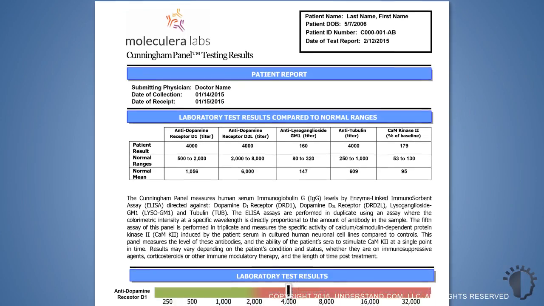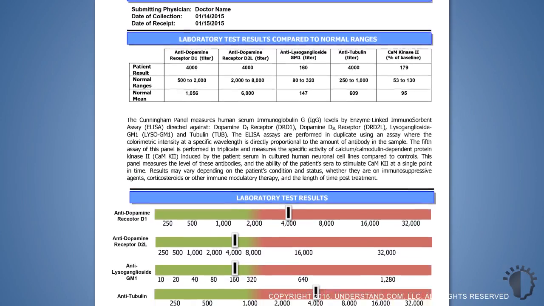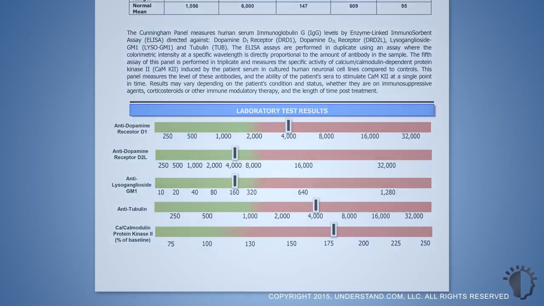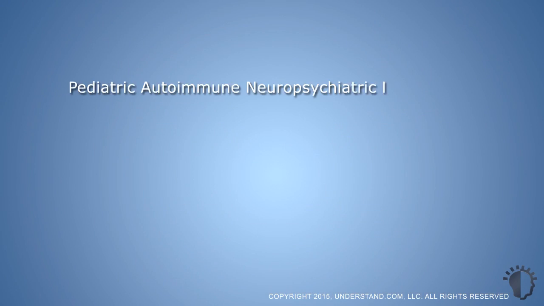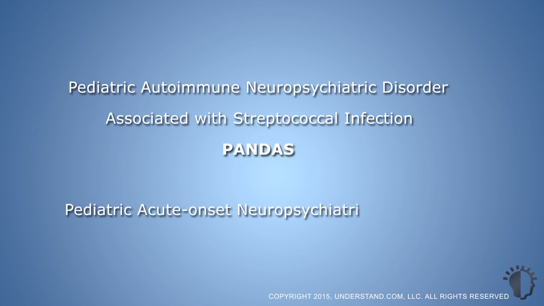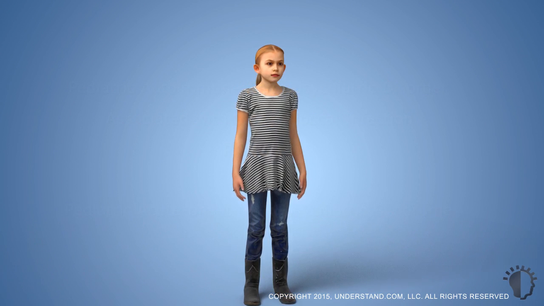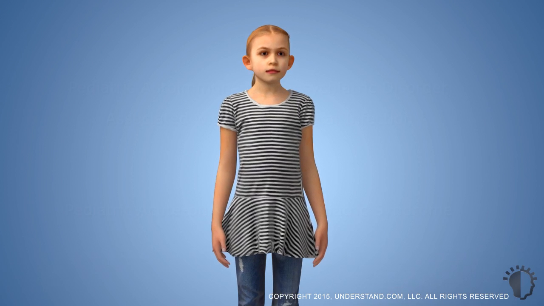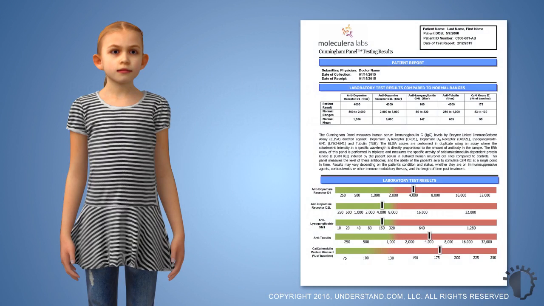The Cunningham Panel is a series of tests developed to help physicians diagnose and treat the infection-triggered autoimmune disorders known as Pediatric Autoimmune Neuropsychiatric Disorder, associated with streptococcal infection, or PANDAS, and Pediatric Acute-onset Neuropsychiatric Syndrome, or PANS. PANDAS and PANS are clinical diagnoses that are based upon a patient's symptoms and medical history. When PANDAS or PANS is suspected, a physician can utilize the Cunningham Panel to aid and support their clinical diagnosis